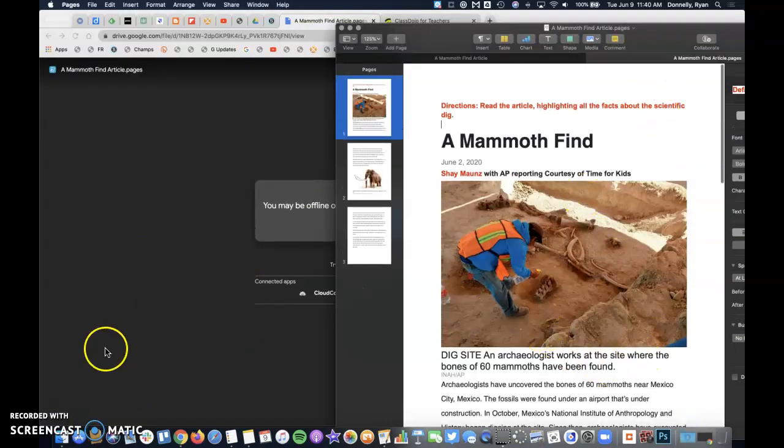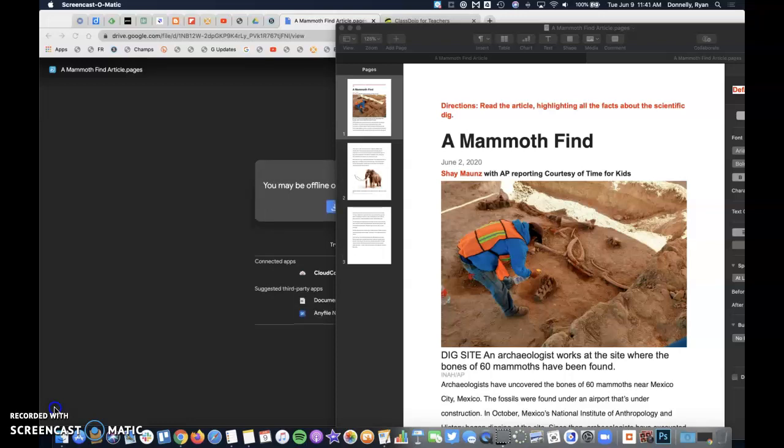the Mammoth Find article. That works exactly the same on any Keynote, Pages, Numbers document that I want them to download. There is an accompanying video how-to for learners on how to download those and then how to re-upload those